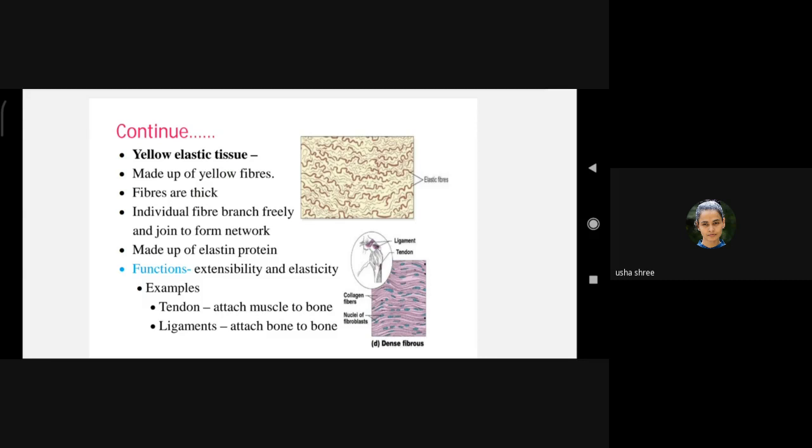Individual fibers branch freely and join to form a network. It means they are not connected complexly. They are joining freely, but they appear like a network. Do you have a picture of that? No, I don't have that picture, but